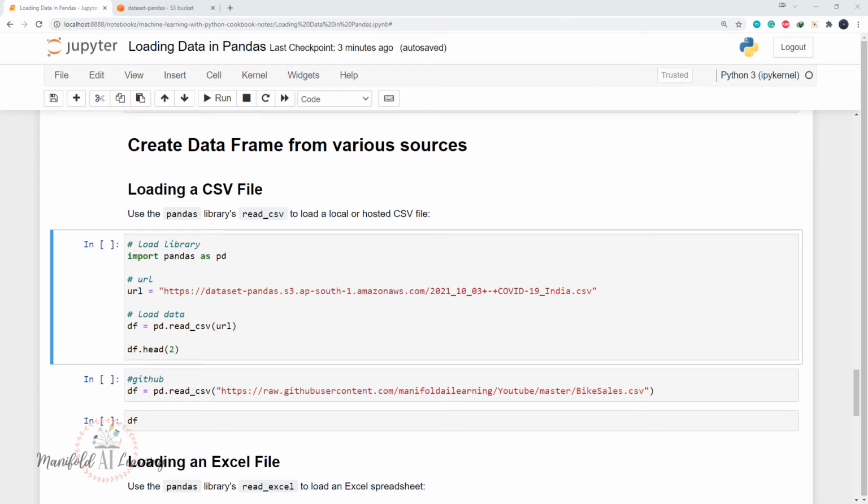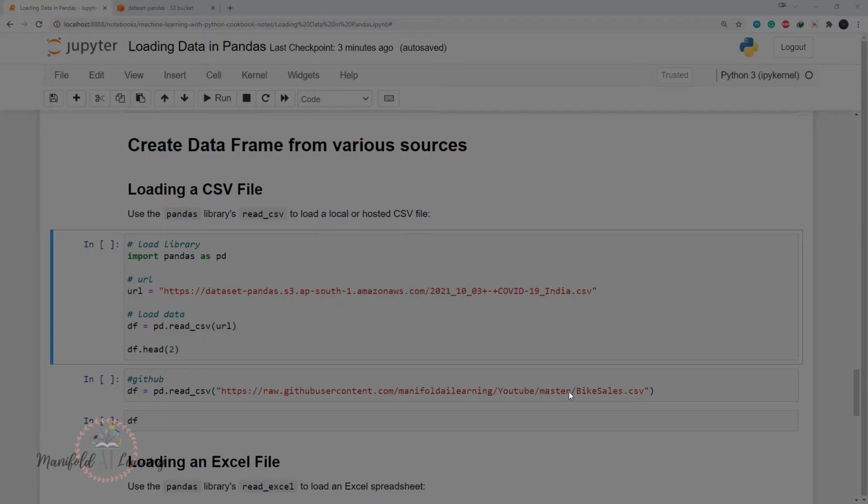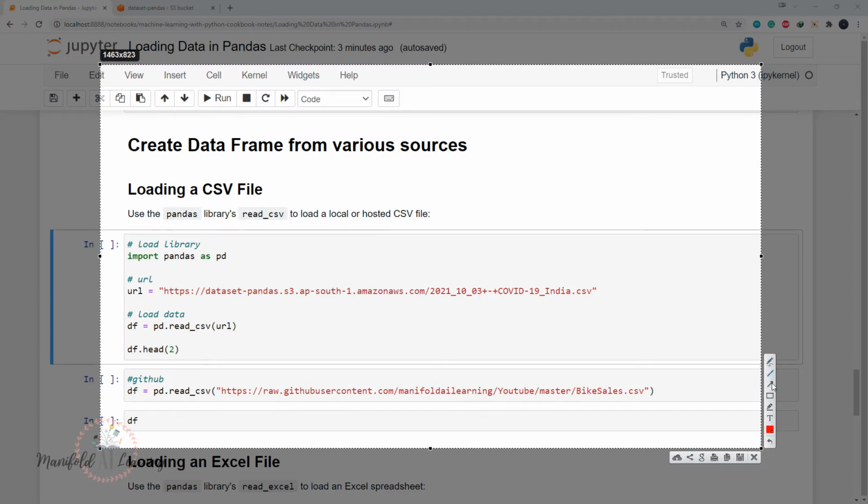Hey guys! Whenever we are working with data science, machine learning and deep learning, the first thing that we have to do is get the required data. Now, obviously the required data is not present at a single source, isn't it? So I can have data in an on-premise server,